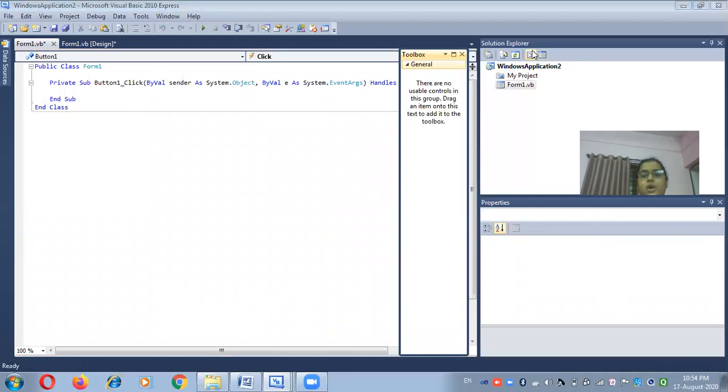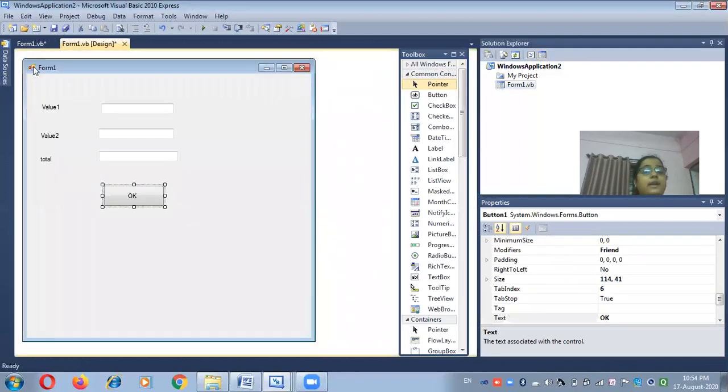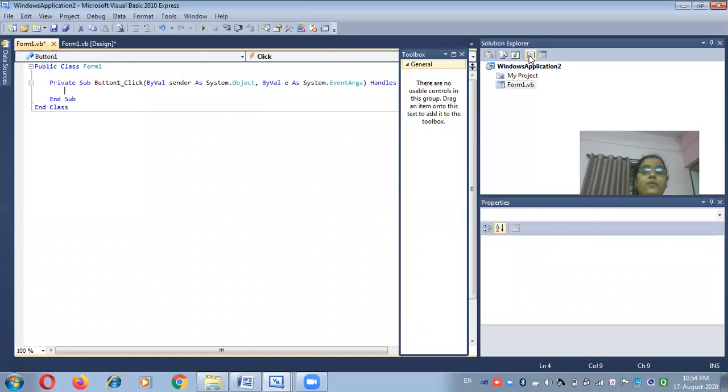Or on the right side of the IDE, these two windows are displayed: one is the view designer, that is the designing portion, and another is the code window. If you have to write code, you just press on this code window.